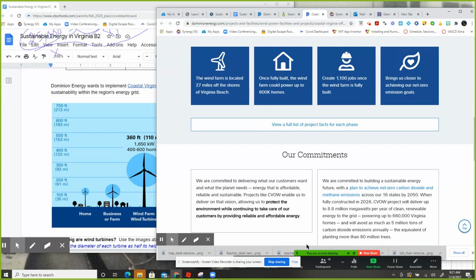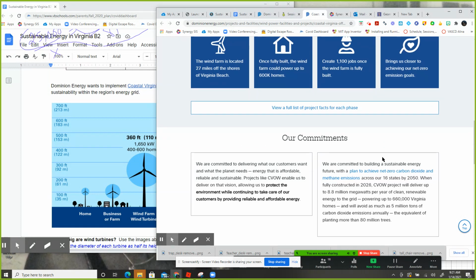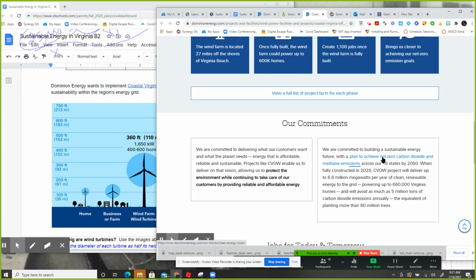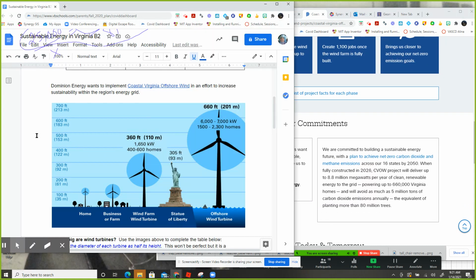1,100 jobs will be made once it's fully built. Yeah, absolutely. Do you think those are tech jobs? Do you think people are going to need degrees for those jobs? Yes, definitely. Yeah, probably. So kind of cool, right? I think it's kind of cool anyway. All right. In an effort to do all of that, now what I'd like to do is try...